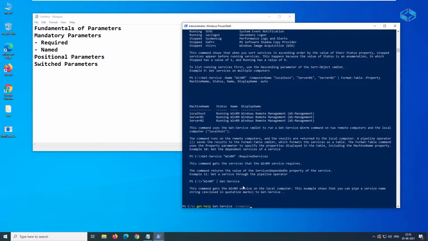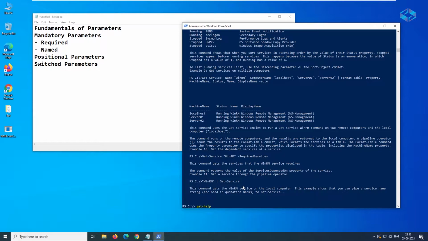So that is the first thing. Now you know how to use Get-Help in any scenario where you want to know about any parameters, examples, or services. We can get the information using Get-Help. This is very important, and you should not forget it at any point of time. Now let us talk about